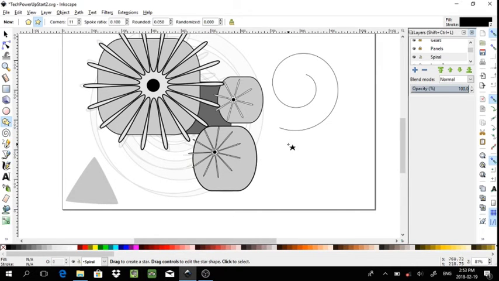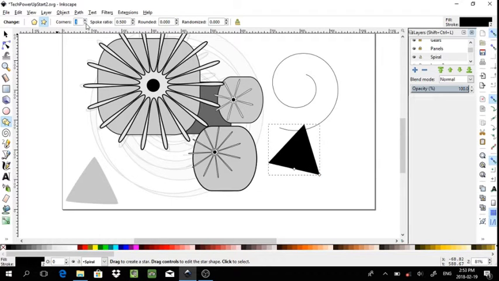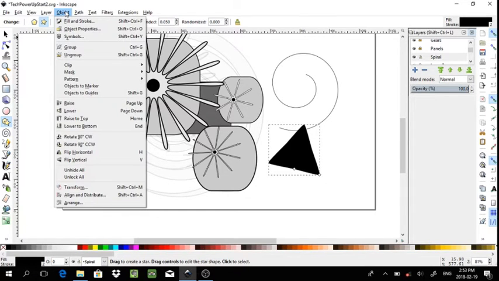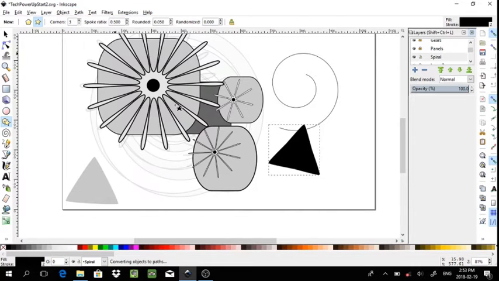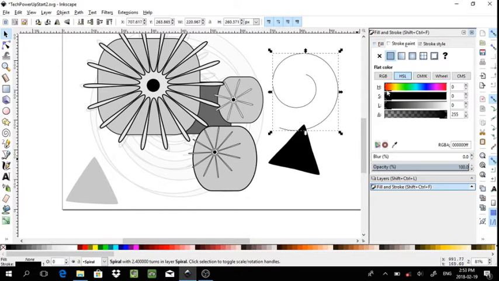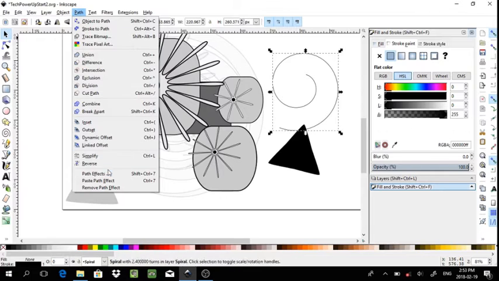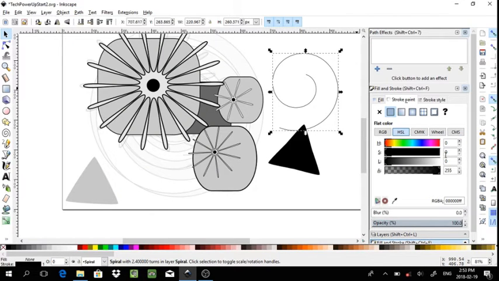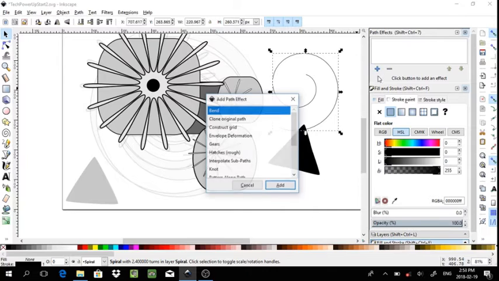For that, I'm going to reset my polygon tool, set it down to 3 points, add a little bit of a rounded corner, and I want to change this object into a path and copy it. At this point, I would select my spiral and open up the options here and path effects menu here, just in case. And I want to add a path effect,